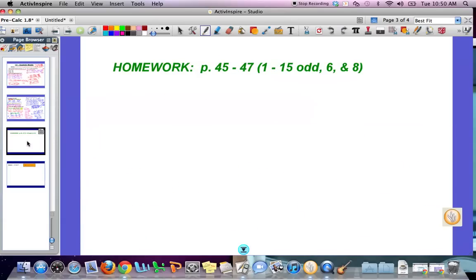Here's what we're going to work on. 1 through 15 odd, 6 and 8. I need to help you do 1 or 2 of these, though. I don't need to do more like that. You need to practice some of them now. You've watched me do them. Hopefully you followed along. So I don't want to do more like that, but I want to do a physics